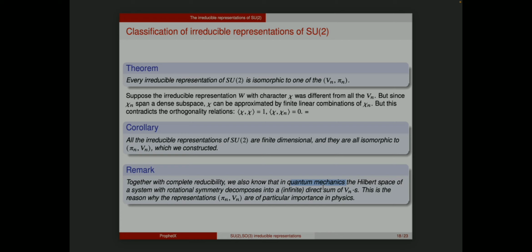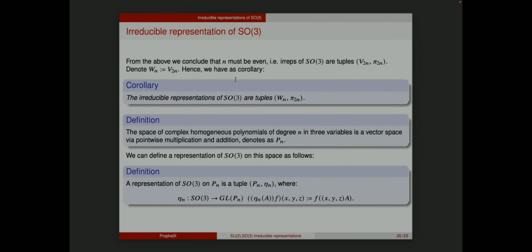Good. So now we want to think of the... So basically, that will be the end of my talk. But now I have like 3 more slides, which give a more natural geometric interpretation of these reducible representations. More natural in the sense that we also know that this SO3 acts